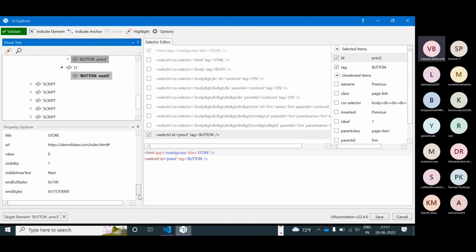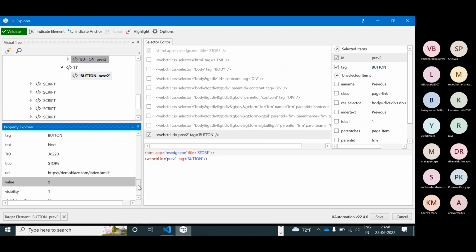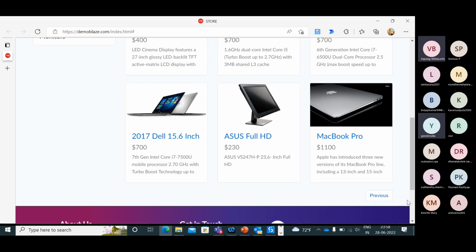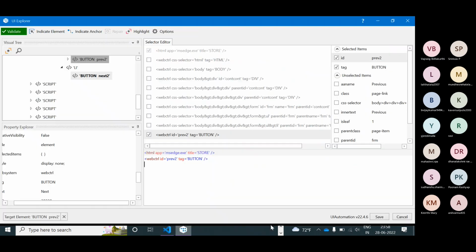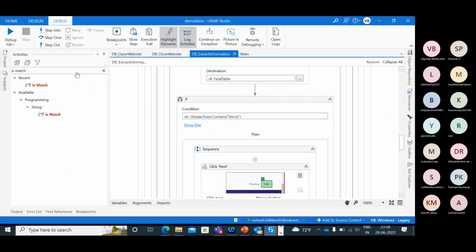Next page, we don't have visibility value. It's 9. Why is it 9? It displays none. We are getting the display over here, but here we are not getting the display property value. We'll try one last time.